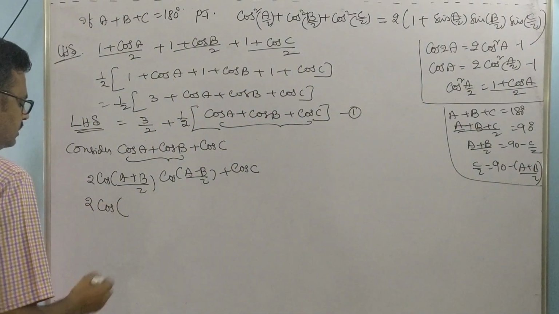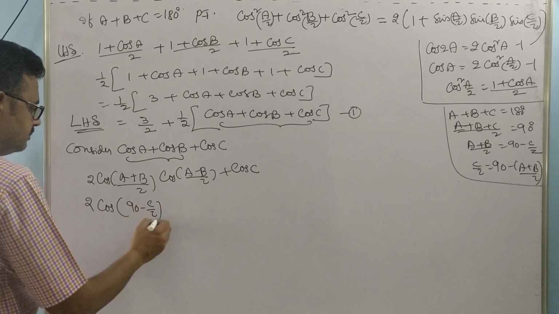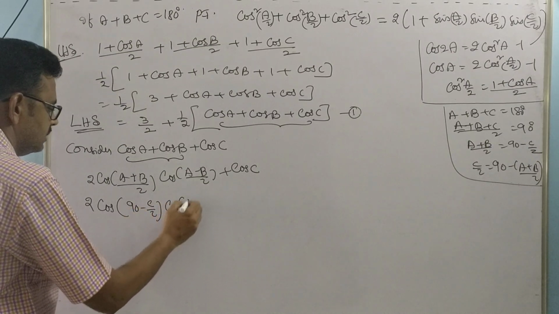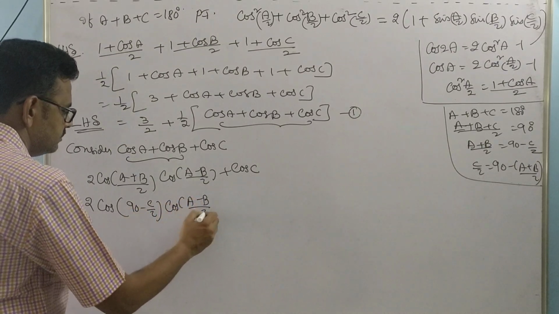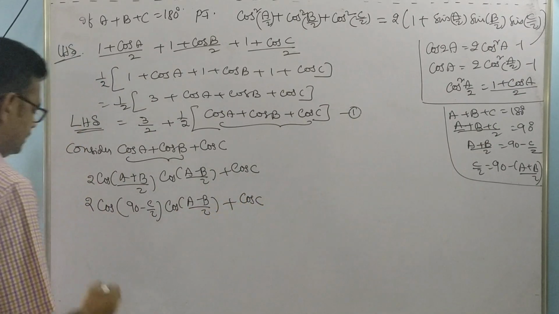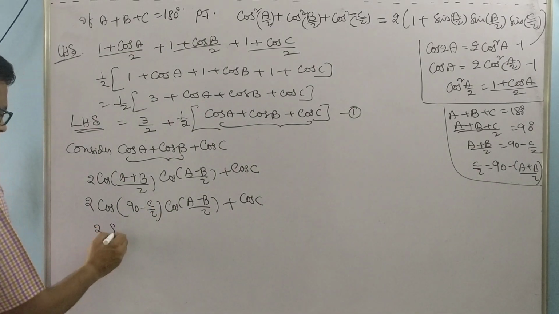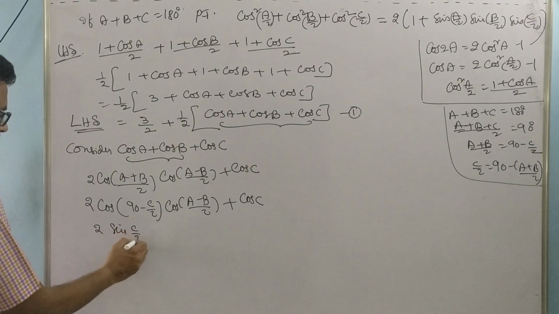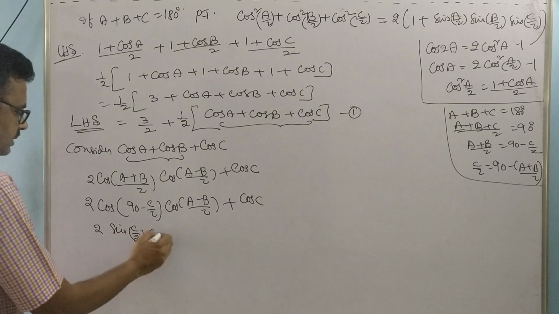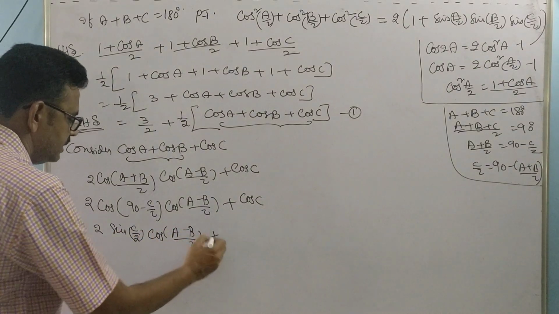So (A plus B) by 2 means 90 minus C by 2, into cos of (A minus B) by 2 plus cos C. So this is 2 into cos of (90 minus C by 2), which in the first quadrant is sin C by 2, into cos of (A minus B) by 2 plus